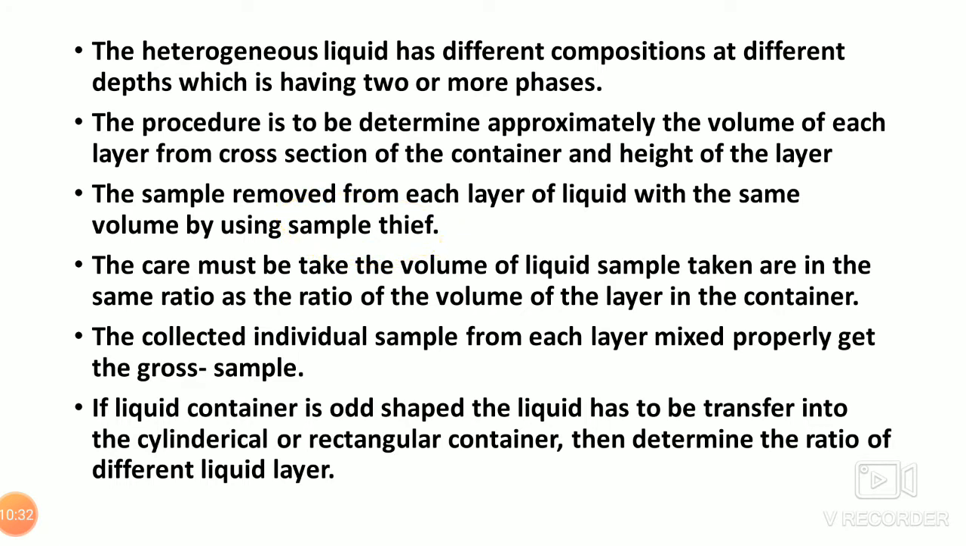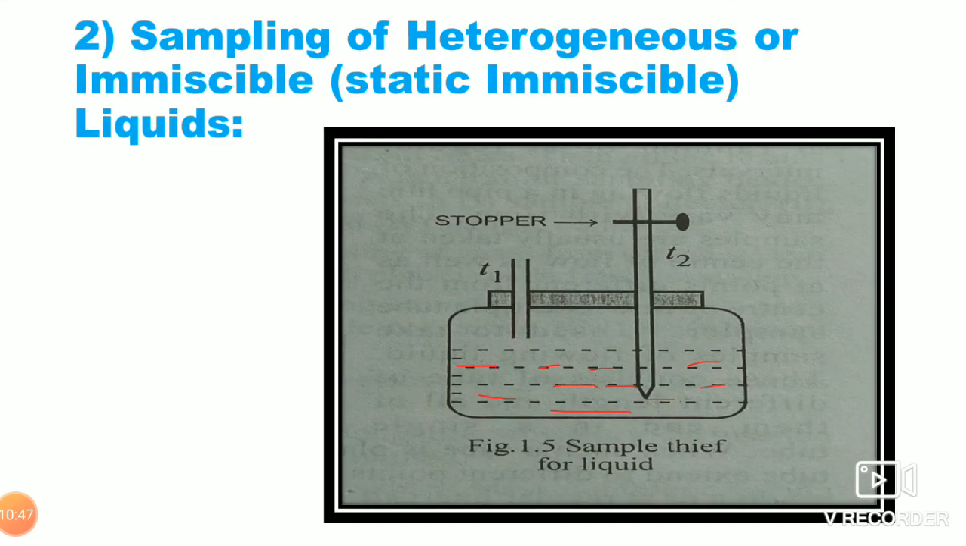Care must be taken that the volumes of liquid sample taken are in the same ratio as the ratio of the volumes of the layers in the container. That means suppose two layers are there, say 20 ml in each layer. From the first layer, which has 20 ml of liquid, we can sample out 5 ml